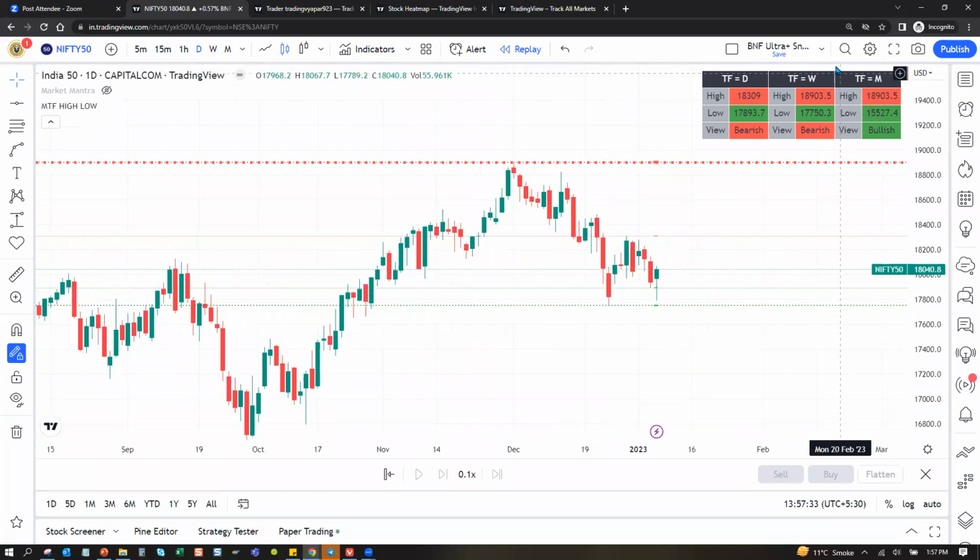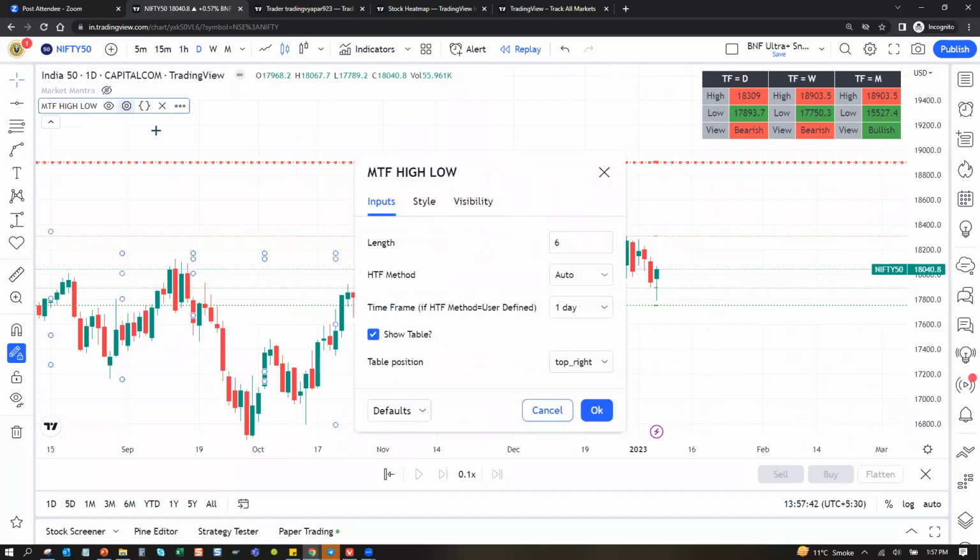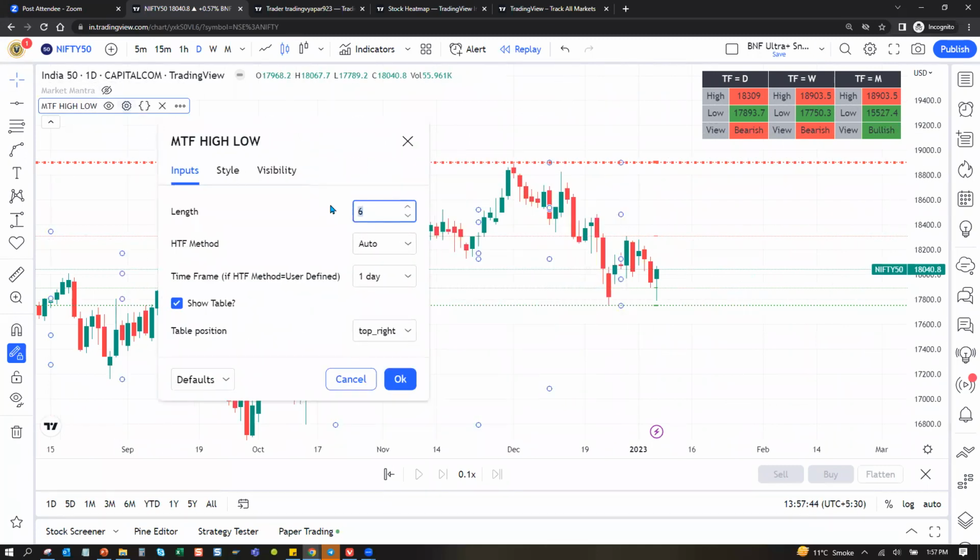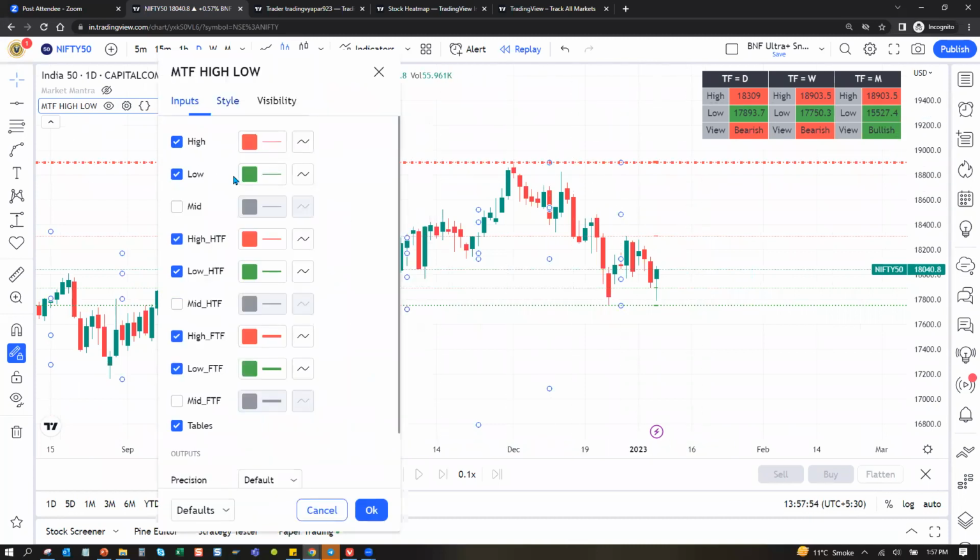Okay. So this MTF, Prashantji, if you're still listening, this is the MTF indicator with time frames daily, weekly, monthly. It plots highs and lows, very straightforward. The six days' high, the method to be selected is auto. I can even use user defined. It has marked the six days' high and low. If I uncheck it, it will be gone. Six days high, six days low. Six weeks high, six weeks low. Six months high, six months low.